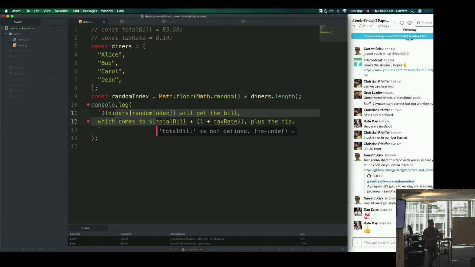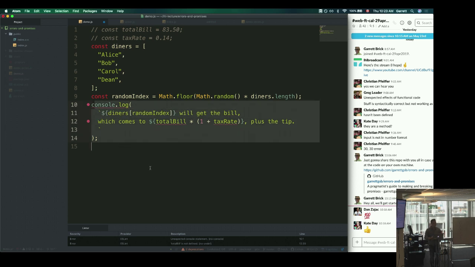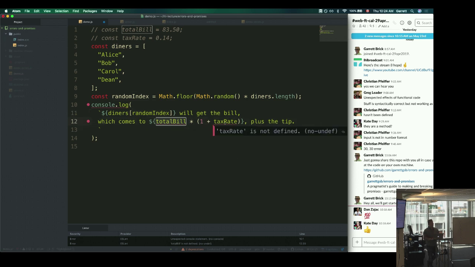This statement here, what dependencies does it have? Line 10 to 14 here. What are its dependencies? The random index variable. Good. So we have this random index, so that needs to be there, right? How about diners? Diners needs to be there. So those two dependencies are satisfied right now, right? But it also has dependencies on the total bill, and there's no total bill, the tax rate, and there's no tax rate. So it doesn't work,